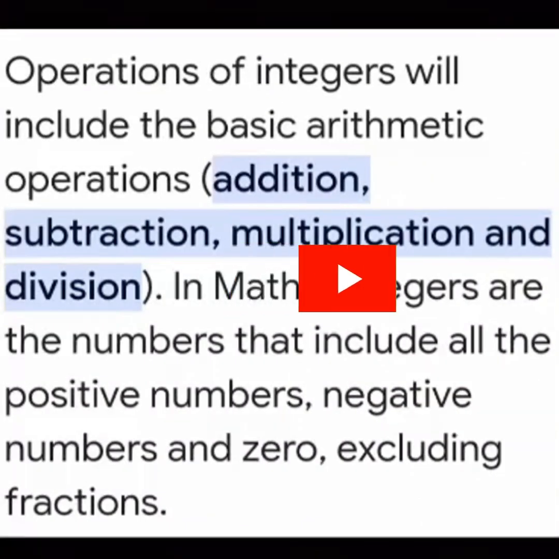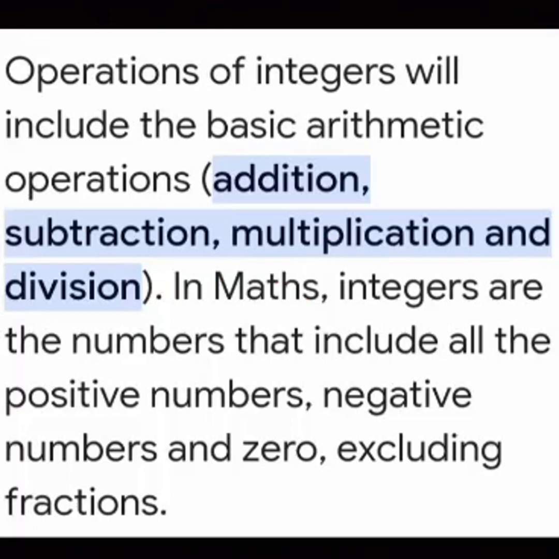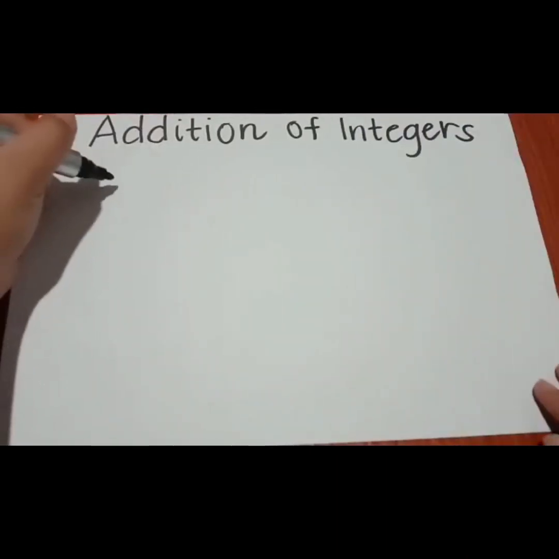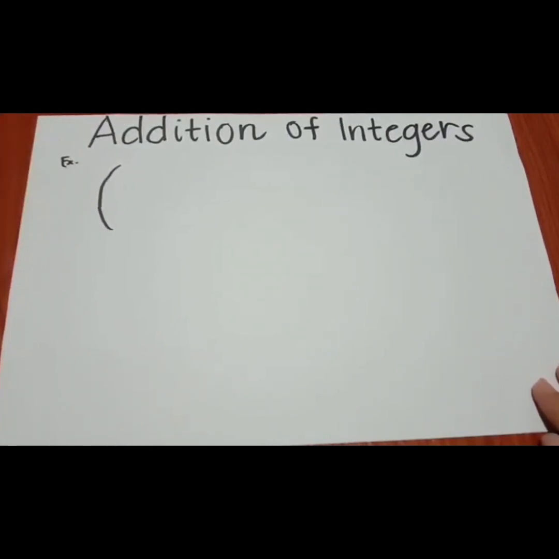Operations of integers will include the basic arithmetic operations: addition, subtraction, multiplication, and division. In maths, integers are the numbers that include all the positive numbers, negative numbers, and zero, including fractions. Addition of integers. Example: